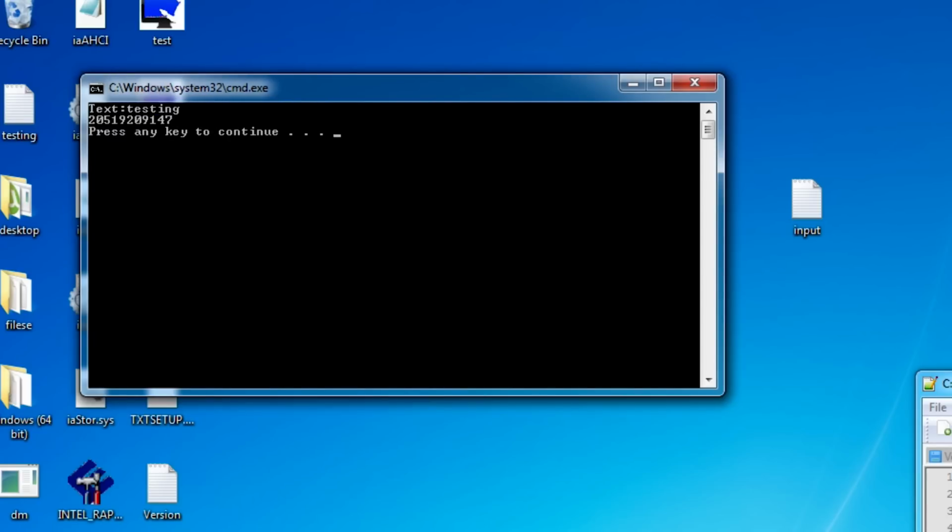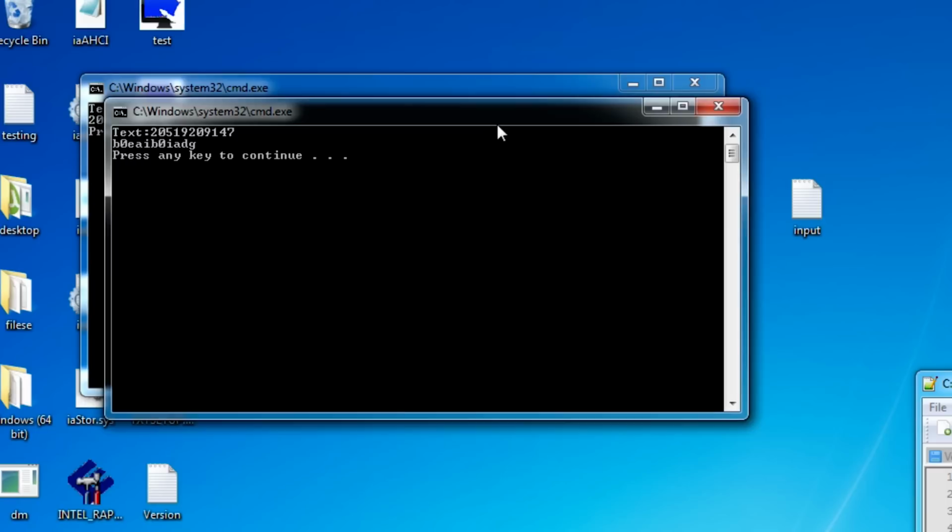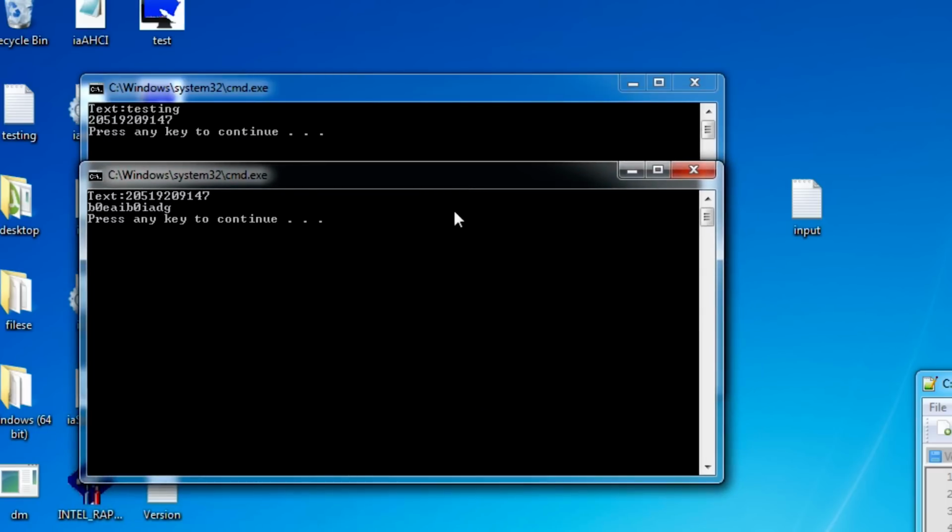Now, if we copy it, go to decryptor, and paste it, it's going to come out really weird. And the reason why is because these numbers are actually not separated. 14 could be 1, 4, or 14,